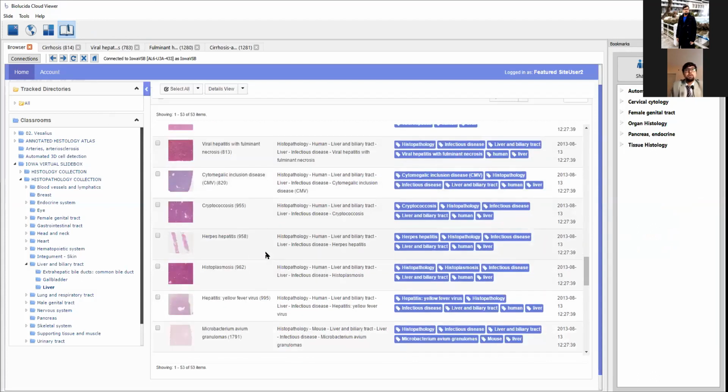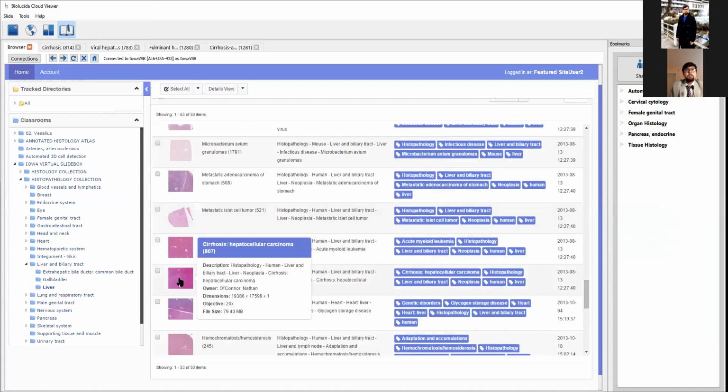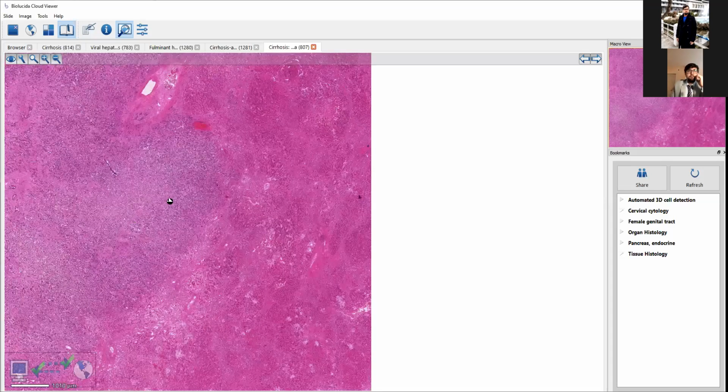Now, for hepatocellular carcinoma, this is an important slide simply because it shows you, when you have a carcinoma, it will prove two different things. First, that carcinomas have a certain growth pattern. They're not random. Unlike other types of diseases like steatosis, cirrhosis, and all that, carcinomas and sarcomas always have a cellular pattern.